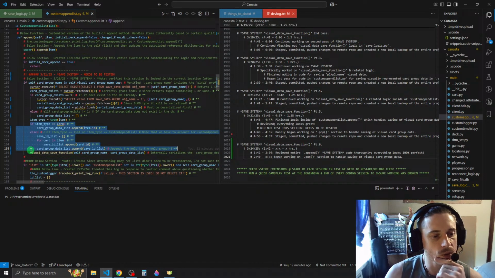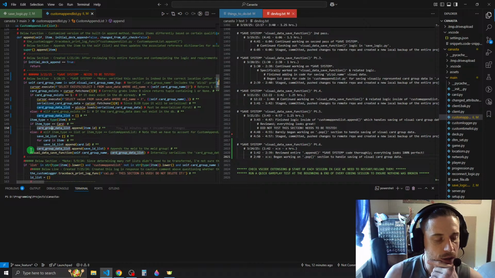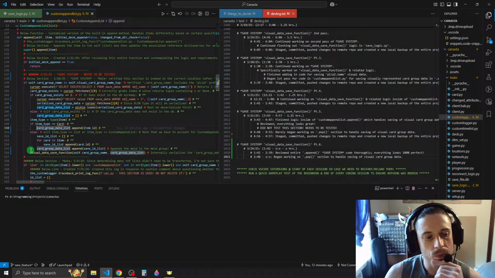I do think that would be the way to do it. And then we would have an elif method string is equal to P for pop. In that case, we wouldn't even have to check the item type. We would already know it, and we would then say card group data list